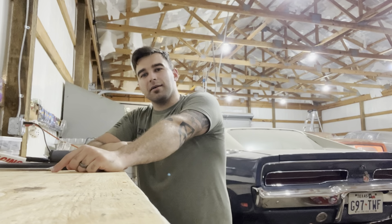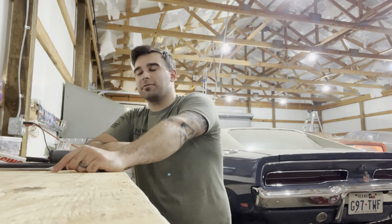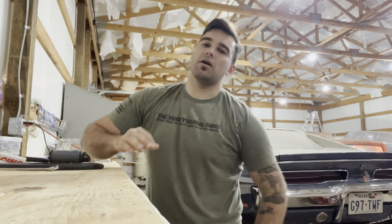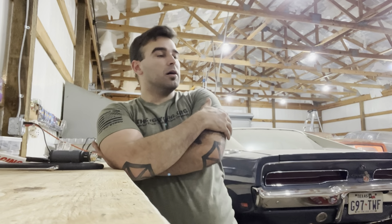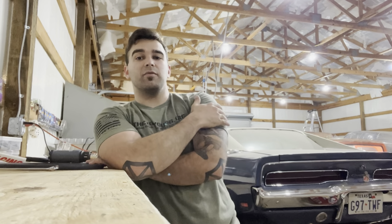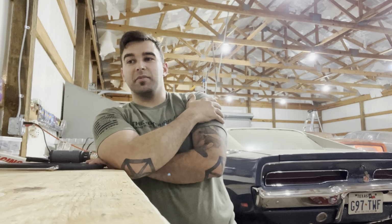Man, this is a car and a style of vehicle that I've wanted my entire life. I've always wanted to build a traditional hot rod. Those of you that are my friend on Facebook or follow my Facebook have probably already seen this car, but